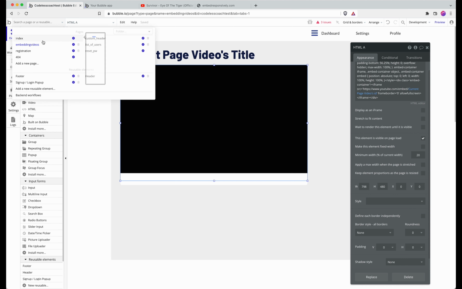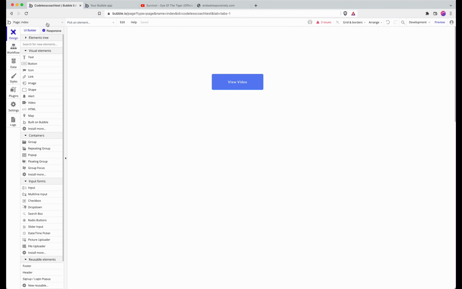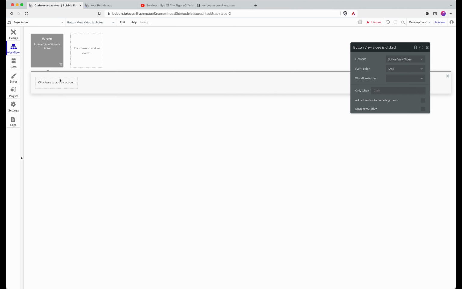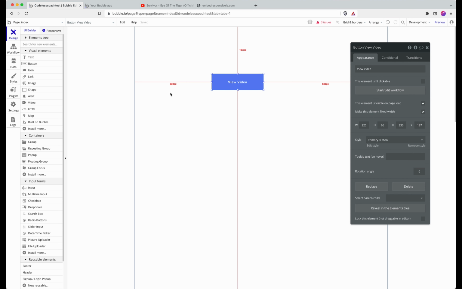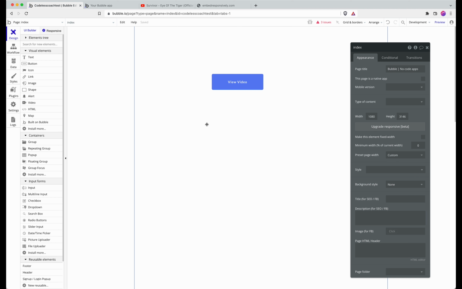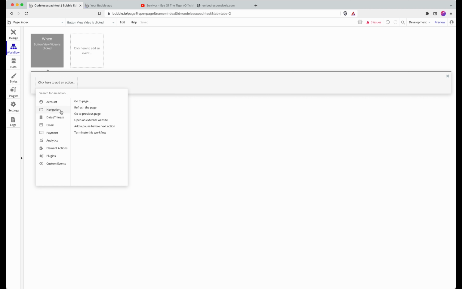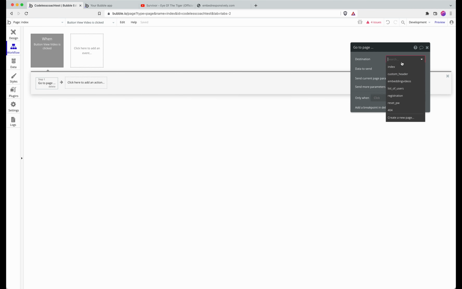In order to test the page we just built, I'm on another page and I've just created a button. A different way to go about this, if you were to build out this whole part on your website, you'd probably set up a repeating group listing all of the videos in your database, and then by clicking on those, you'd go over to the video page. But for now, I've only got one video in there, so I've got this button, and I'm going to navigate to the video page, and I